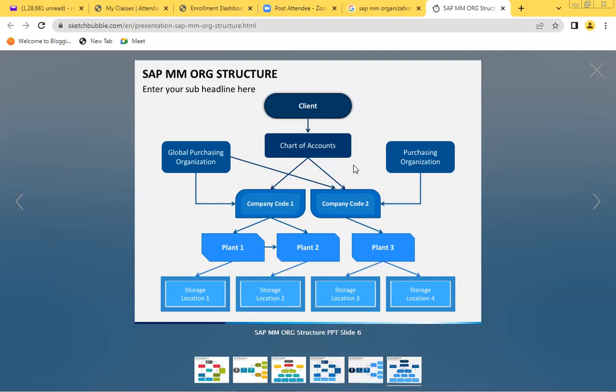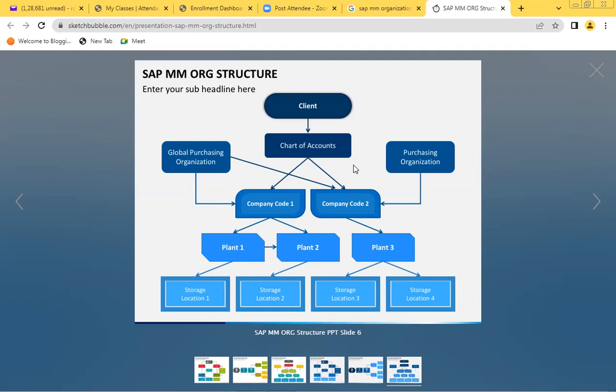So always remember that the org structure has the shape of a triangle. Someone is sitting at the top, then some more people sitting under him, then some more people under those. For example, take a managing director.